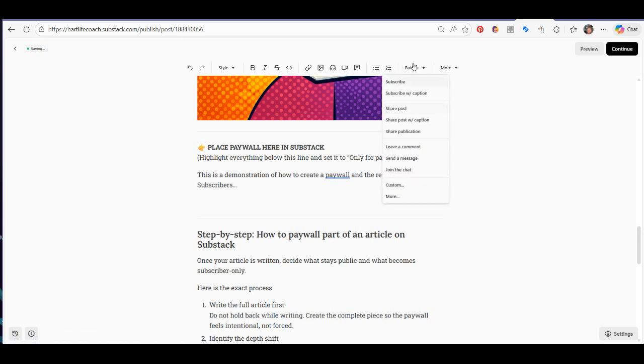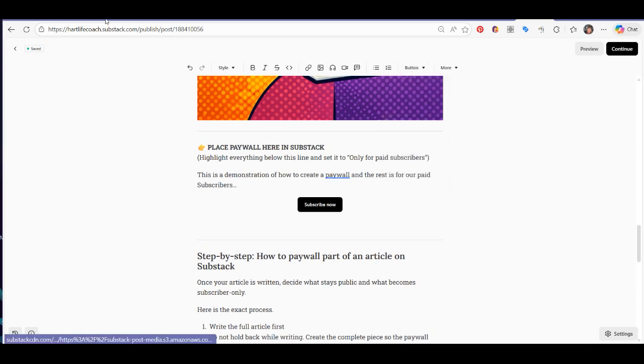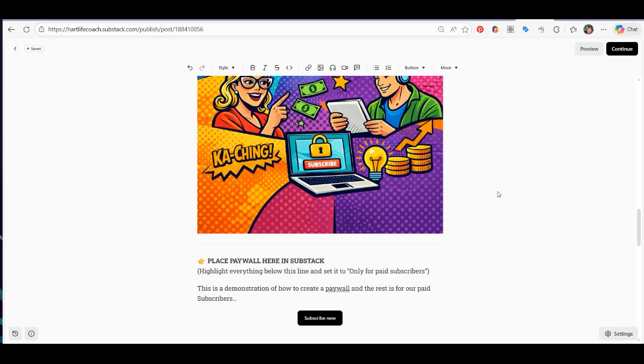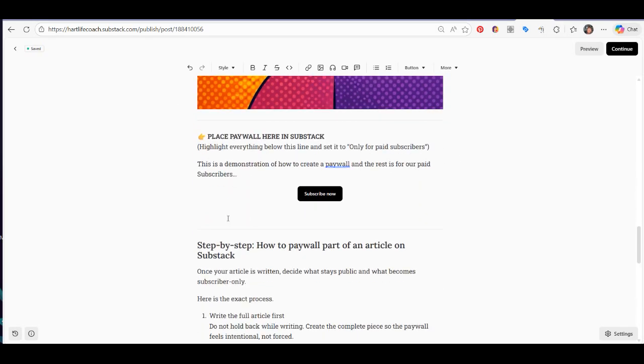Then I'm going to put a subscribe button. Okay, so we've got our article, we've got our images, we've got our space where we're going to put the